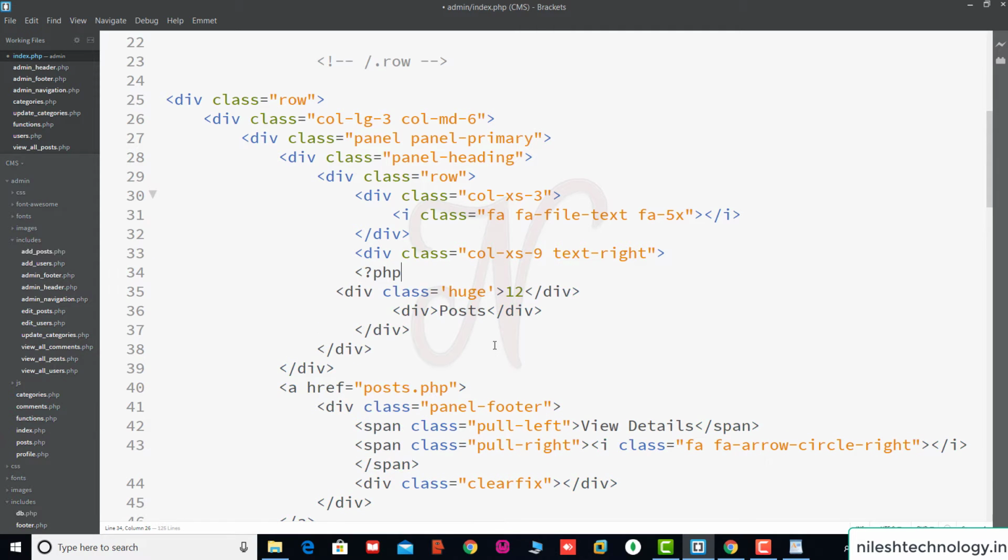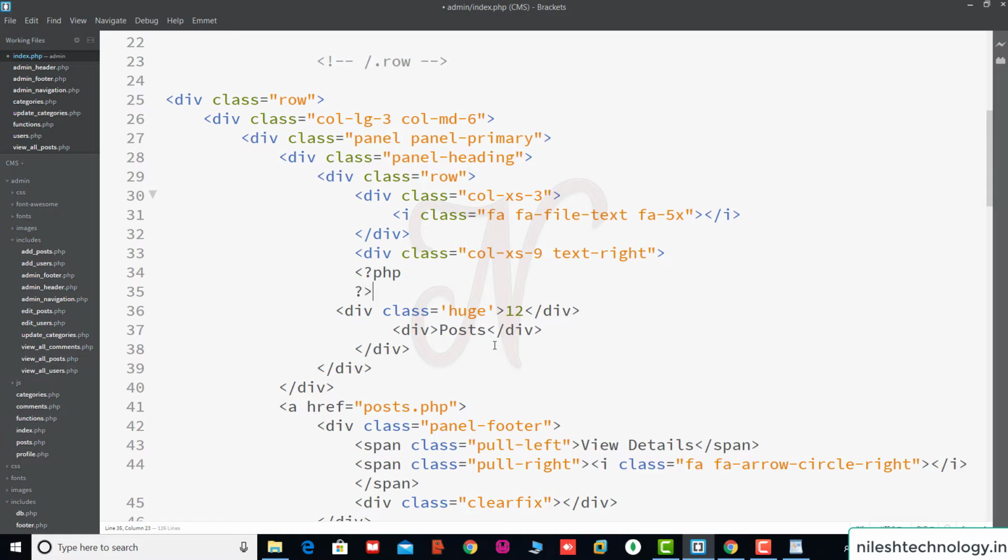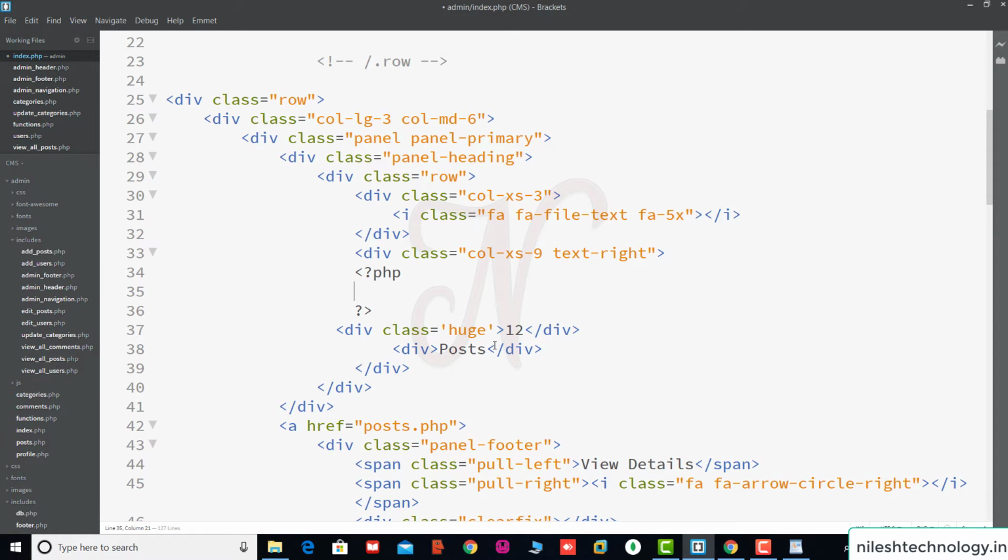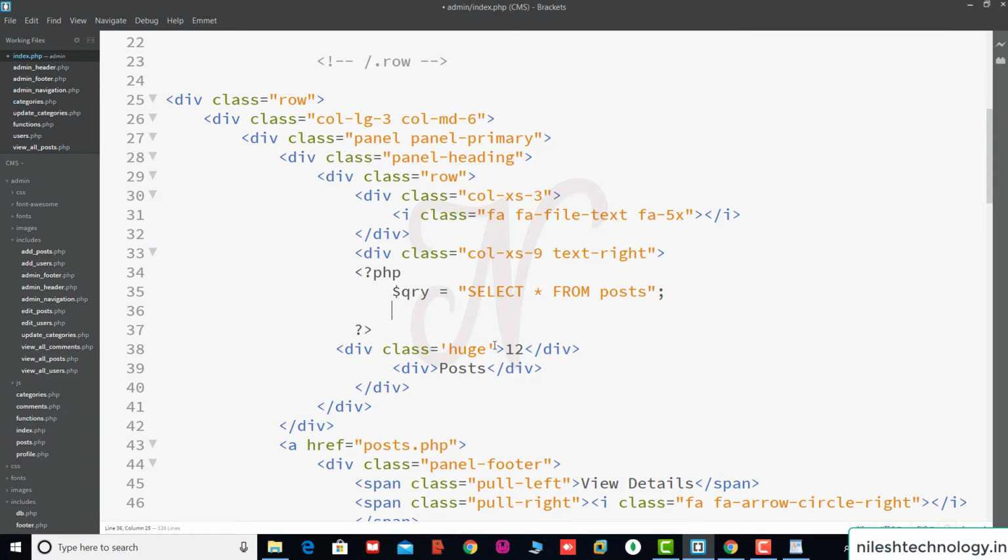Here we pass one query, select star from post. Then we use a variable with mysql_query and execute this query.